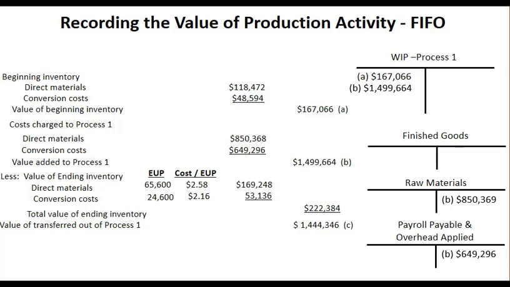Now I go on to my next entry, which is the value transferred out of work in process, entry C. In this case, I'm going to credit work in process for $1,444,346, and I'm going to debit that same amount to finished goods to move. Basically, I shouldn't have said finished goods in this case. I should have said work in process, process 2. So then I debit work in process, process 2 for